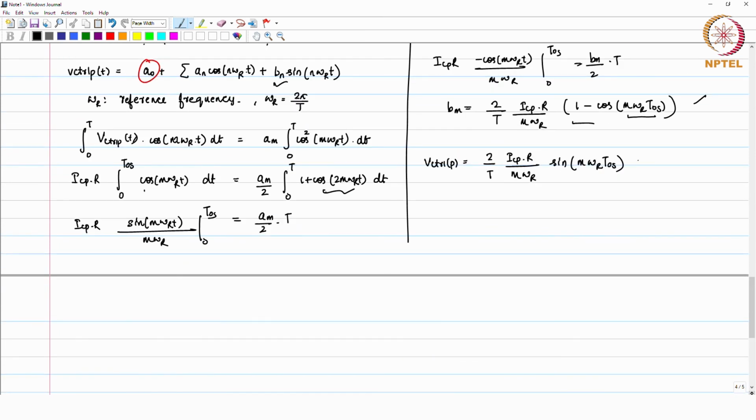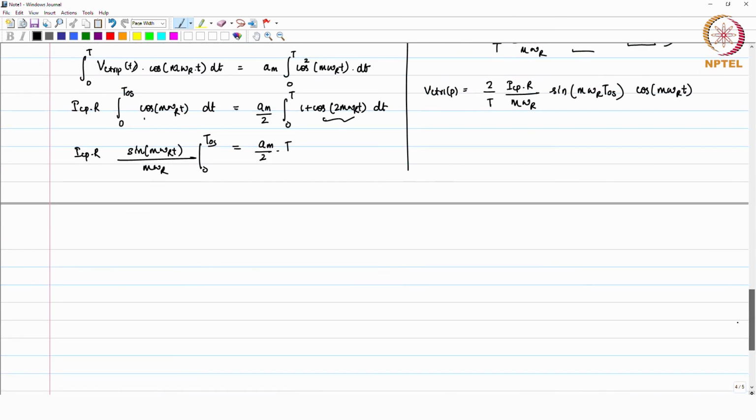You have cosine of m omega r t. So, when we have this as a control voltage, where we focus right now only on the fundamental amplitude, when that is the case, we know V out of the oscillator is nothing but some amplitude times sine of omega free plus k VCO times V control dt,